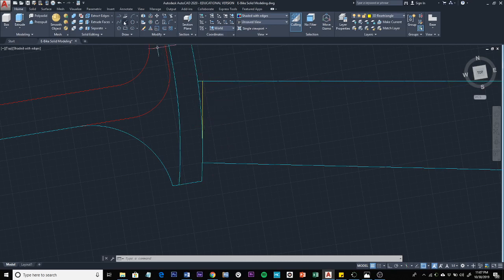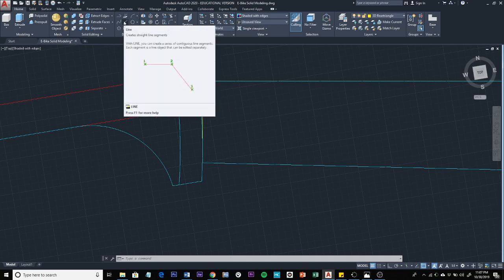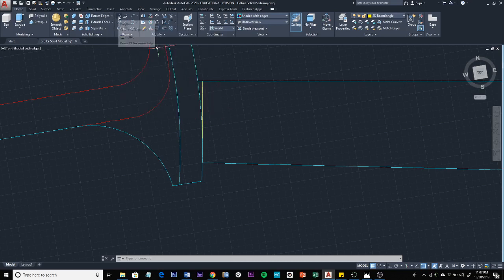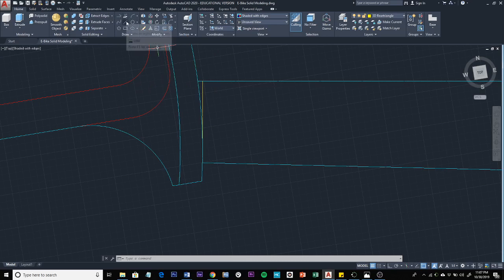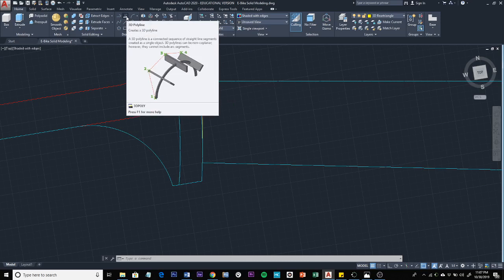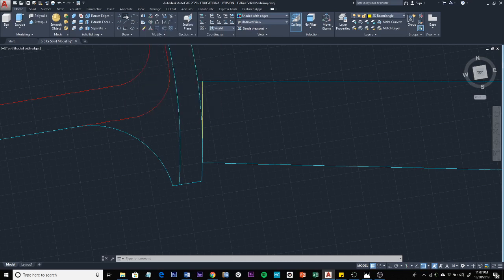I'm going to draw a line. Actually, let's use the 3D polyline because this is a pretty neat tool. Most polylines will only allow you to draw on the plane of the drawing surface, so it's like a two-dimensional drawing. This allows you to draw up, off of the virtual paper. So we're going to specify a starting point, the midpoint of the line that we just drew. We'll draw it up off the page